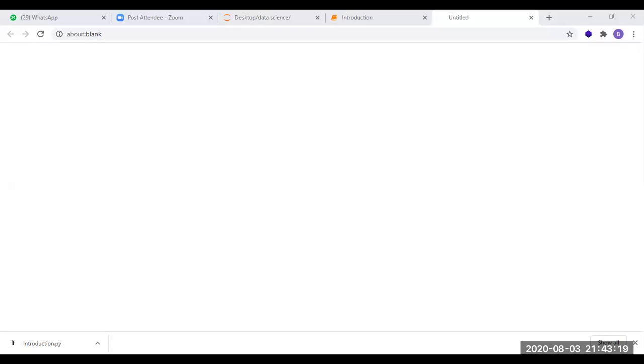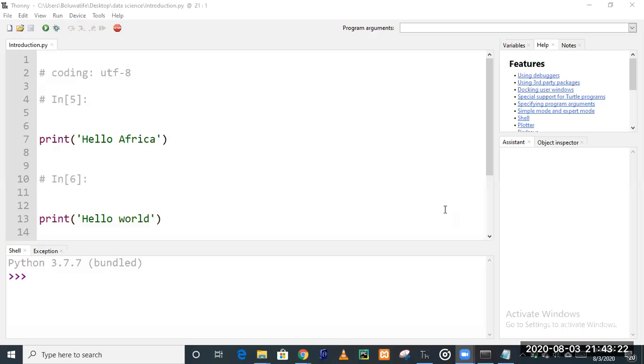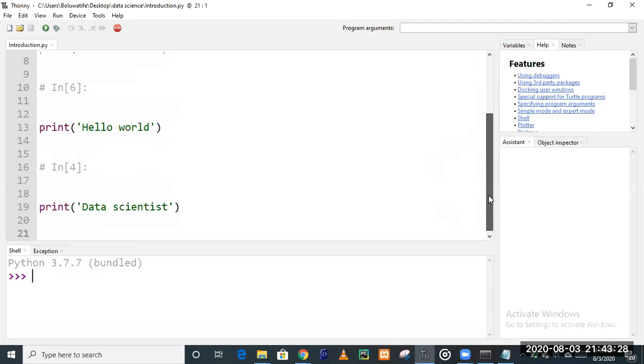It's taking time to load up the IDE, right? Okay. Actually, he used another IDE to open it. So as we can see now, it's looking